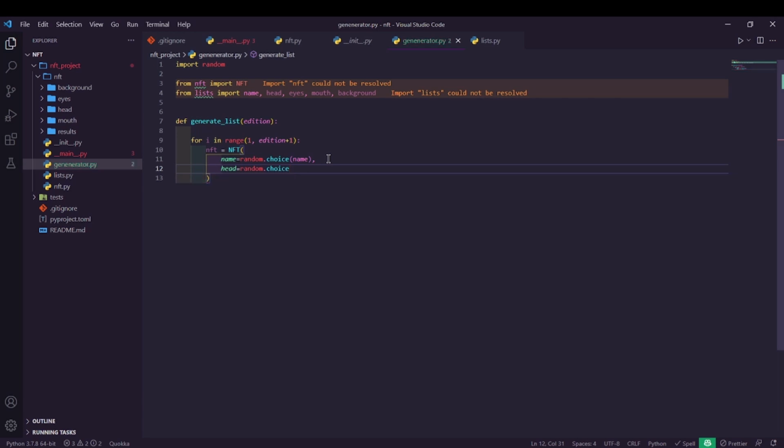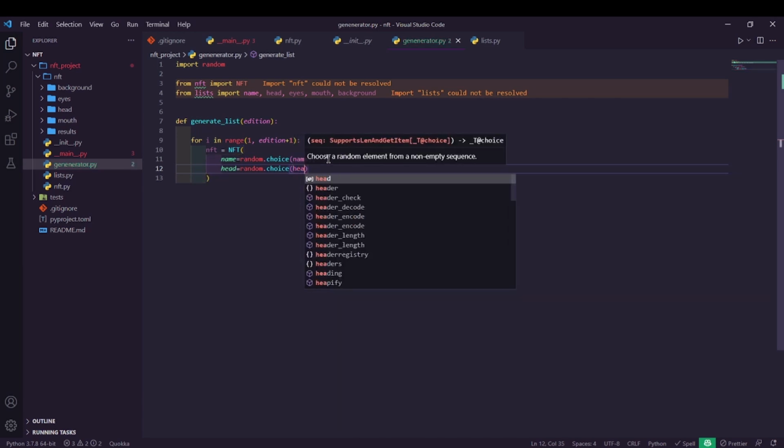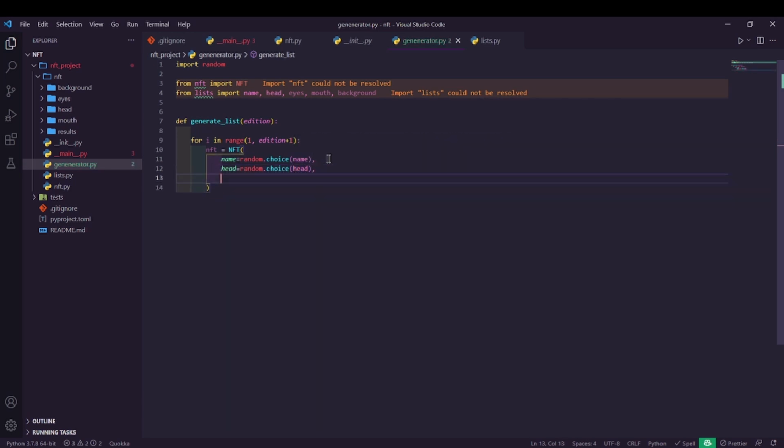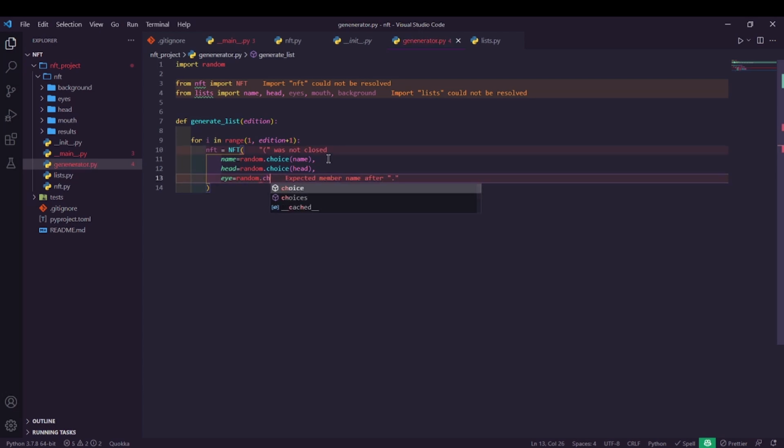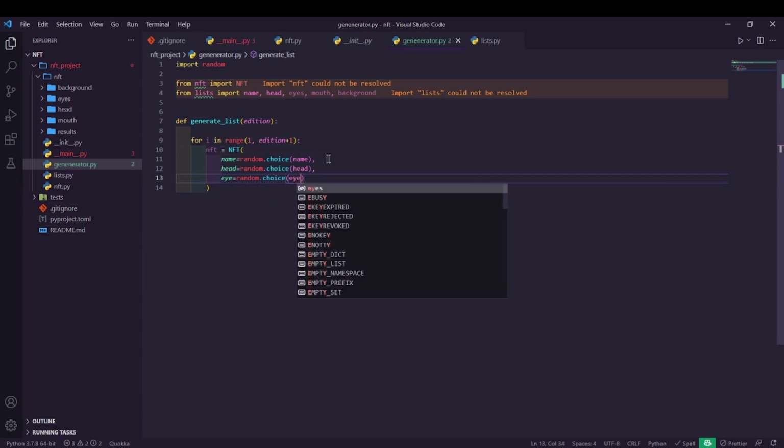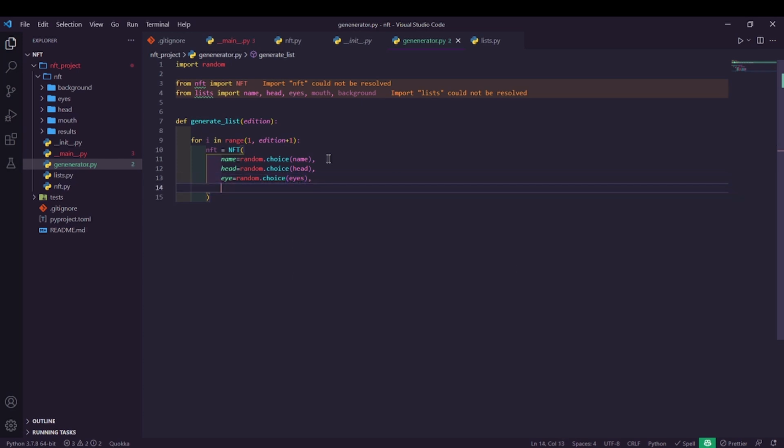What's the next one here? Head. And then eyes equals random dot choice eyes. We got mouth equals